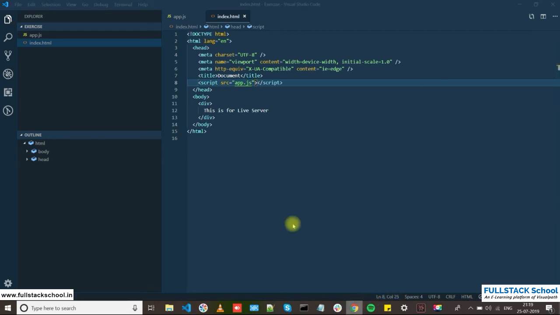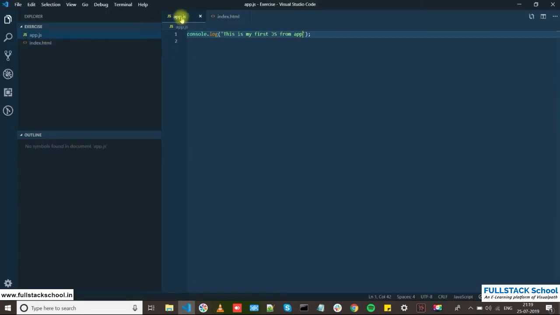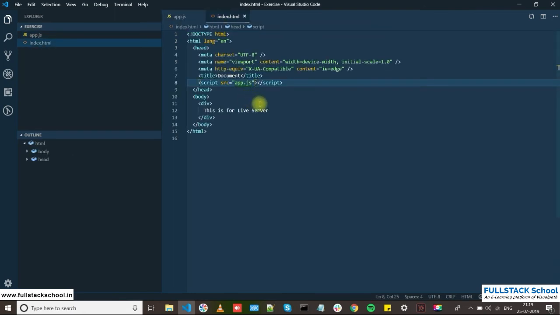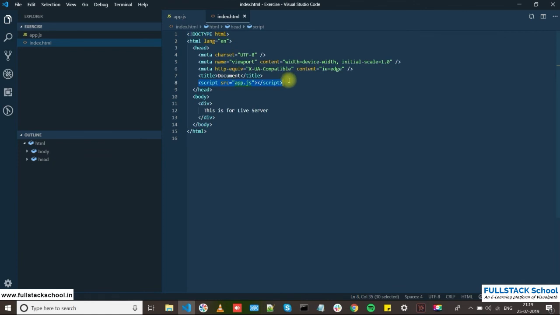Now if I go to our browser, this is my first JS from app.js. What we have typed here has gone here. So what we have done is removed the script which we had written here and moved that logic into a separate file. The advantage we get is that we can have n number of JS files, and we can refer to them here one by one.